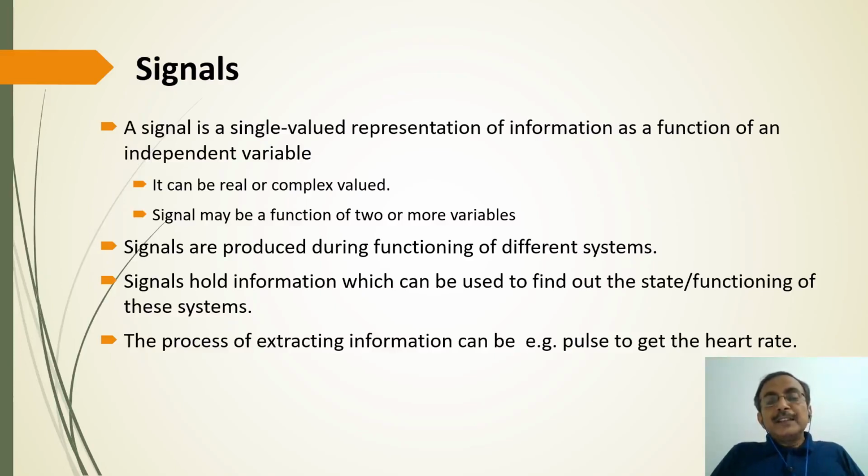A general form of signal can be a signal which is coming from the BSE index. For example, we want to record how the stock market is behaving. So if we take the stock of last 30 days and we plot the BSE index, then this is again a signal which can be used actually to say something about the system, that is the stock market, how it is behaving, whether the stock market is going strong or there is a slump in the market. All those interpretations can be done using this signal.